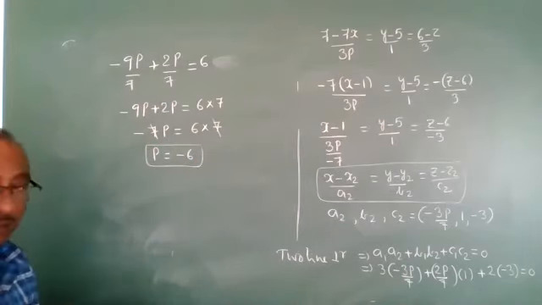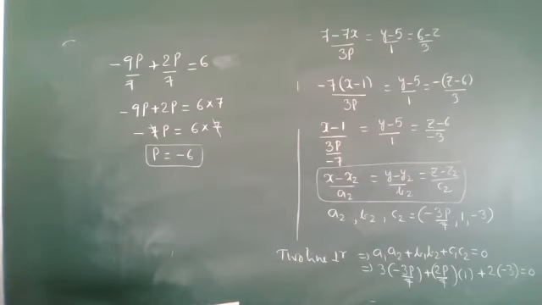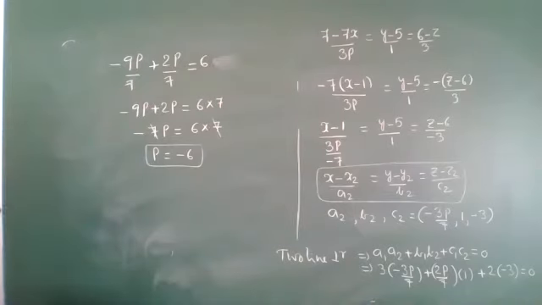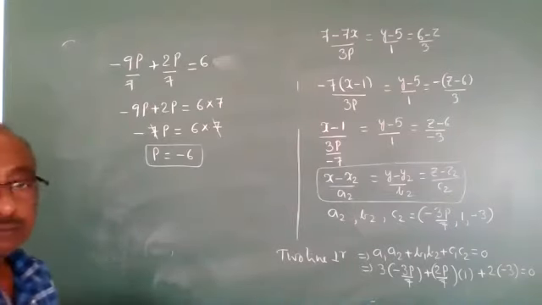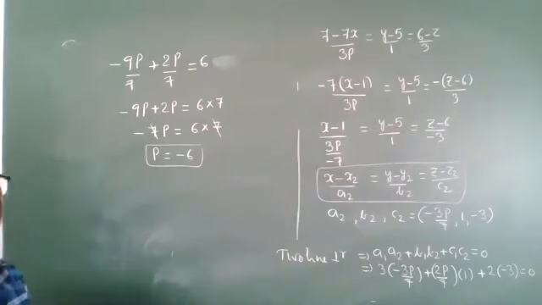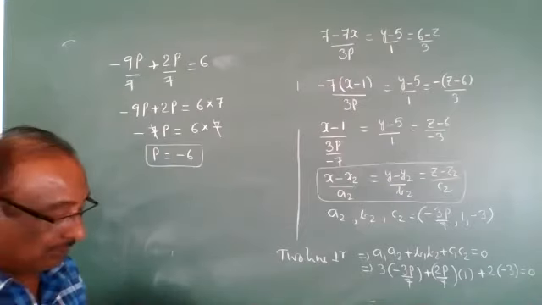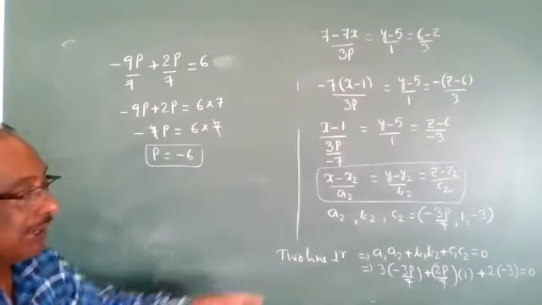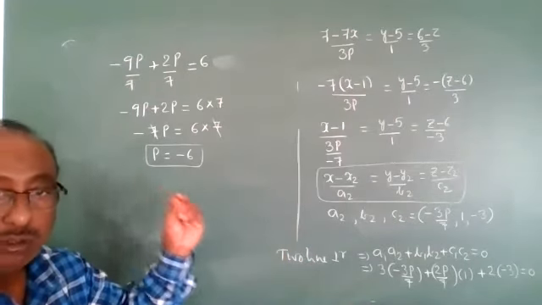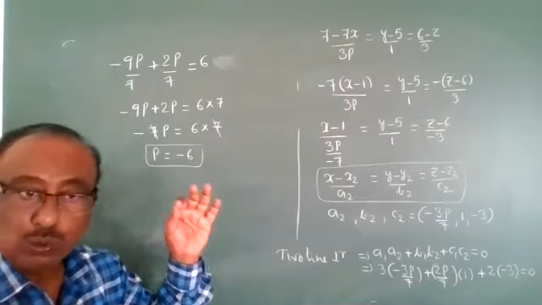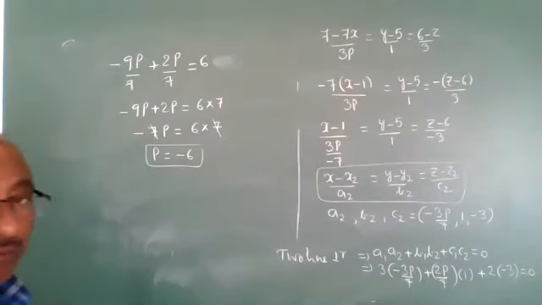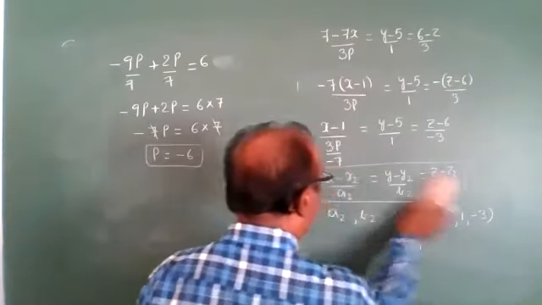Right, come to the 13th problem. Show that the lines are perpendicular to each other. We have to show that the two lines are perpendicular, meaning a1a2 plus b1b2 plus c1c2, with the DRs, is equal to 0. Then we say that the two lines are perpendicular. Right, go through the 13th problem first. Everyone move towards the 13th problem.